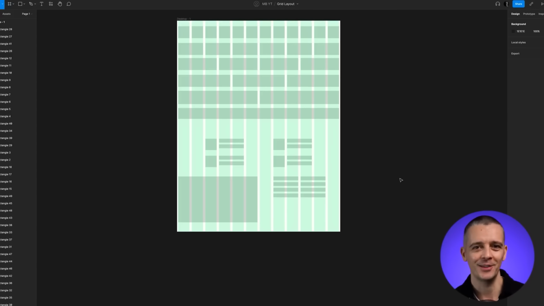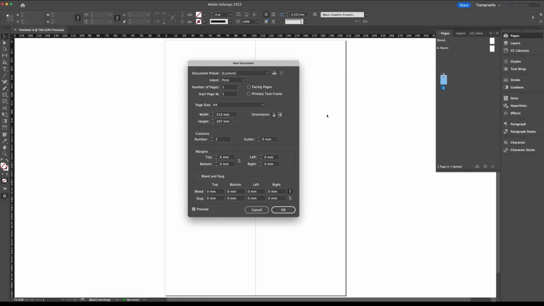But I really want to get into the meat of this video now, showing you how to set up modular grids and then lay out your elements. So for that, we're going to jump over to Adobe InDesign. Once you're in InDesign, go to File, New Document. We're going to set the intent as print. Number of pages, let's do 7 to give us some to work with. Facing pages, which is going to turn these into spreads. The page size is A4 and the